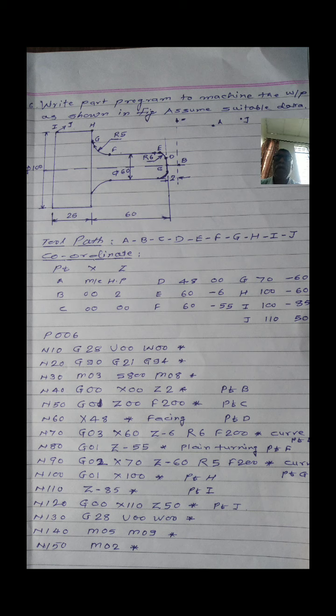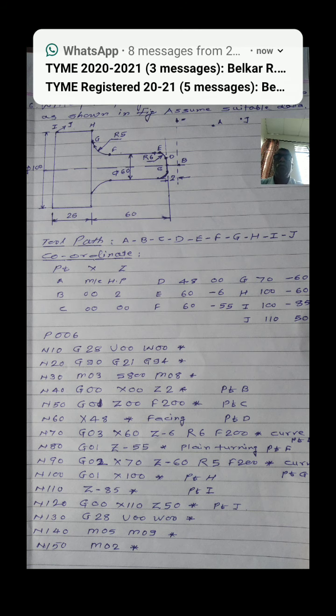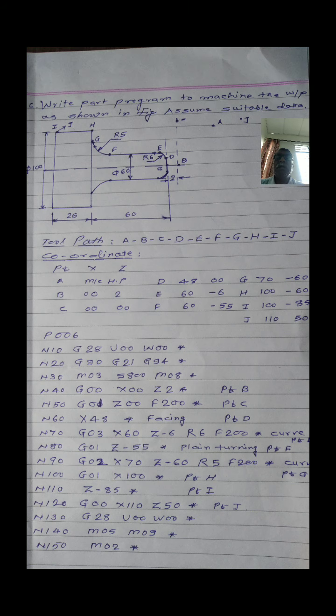As shown in the profile, you have to move the tool along the shape of the component. Here there are two curve turning or radius turning operations: at the facing at the front end of the workpiece and at the middle. After studying the figure, you have to find out the dimensions. The diameter is a semi-finished part, and from this semi-finished part you have to just perform curve turning or radius turning.